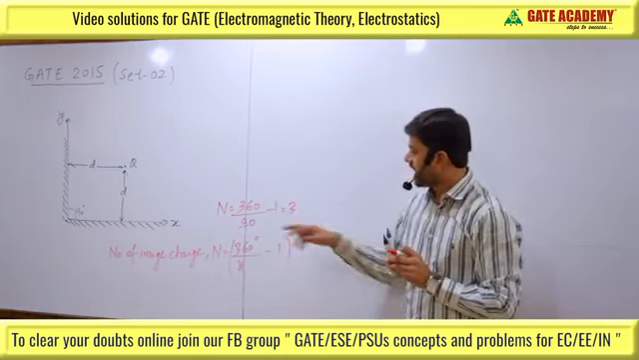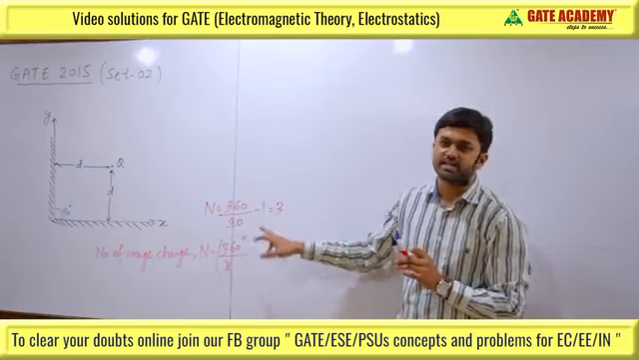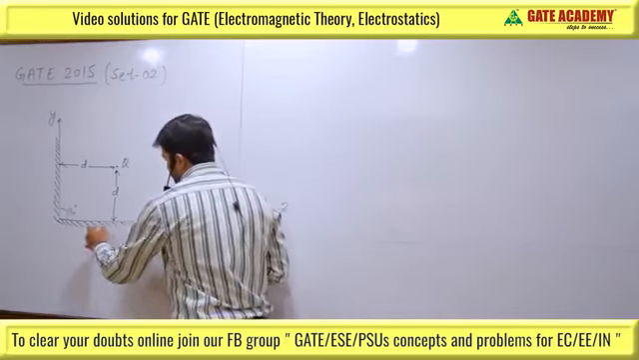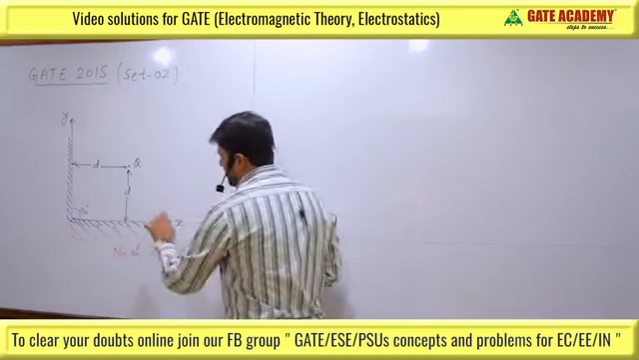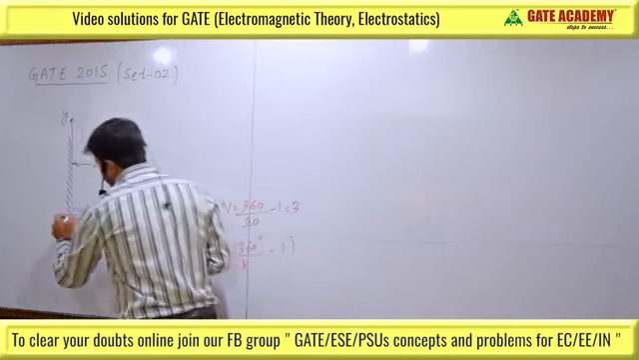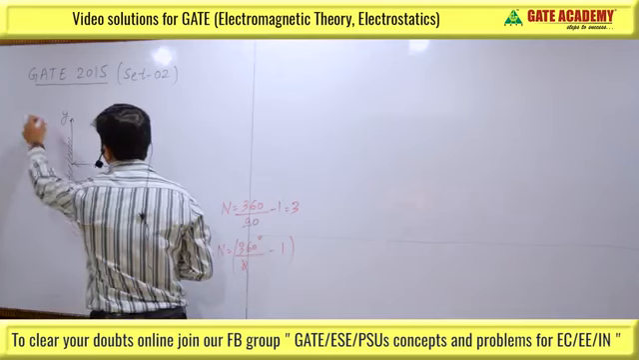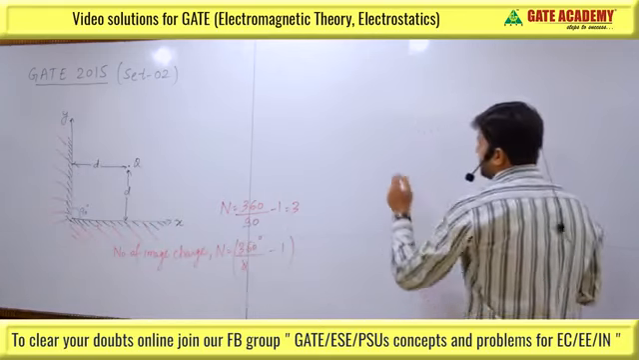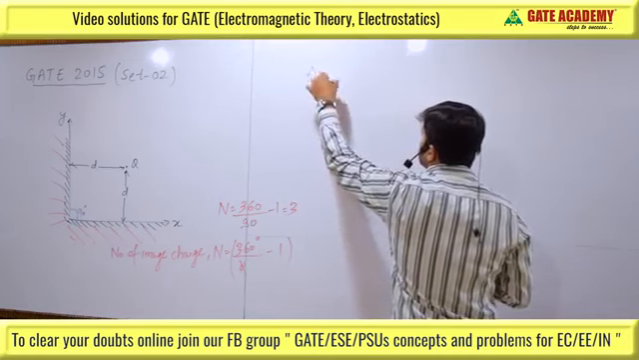So we should place the 3 image charges in the conducting region. So we have the conducting region below the x axis, and here to the left of this y axis. So if we apply method of image,